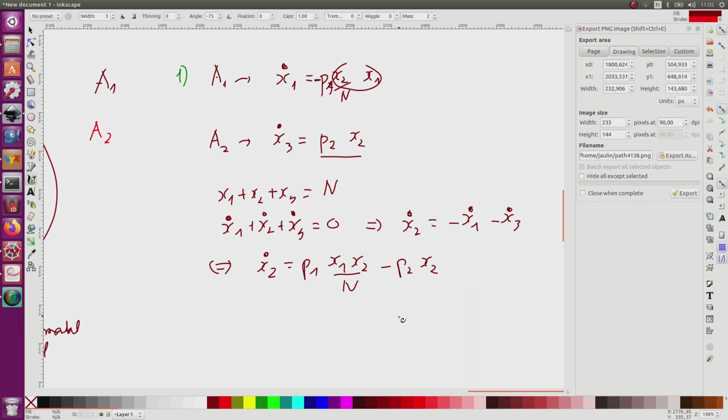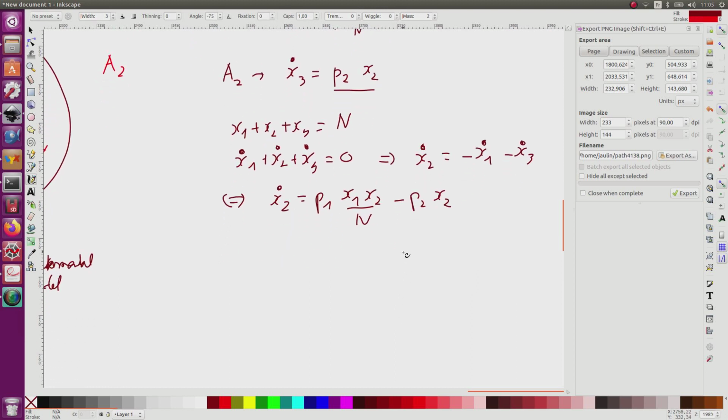So as a consequence, the state equation that I need to find are